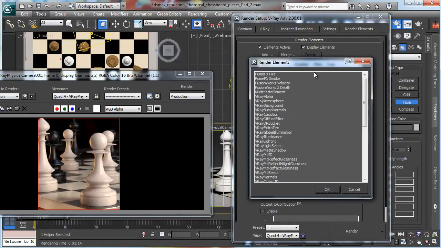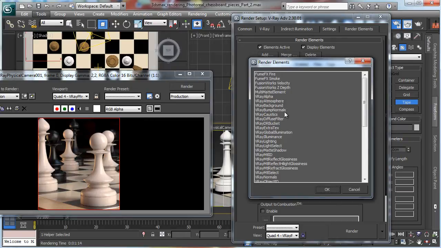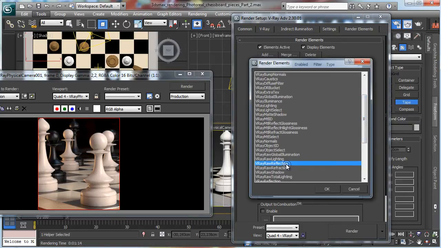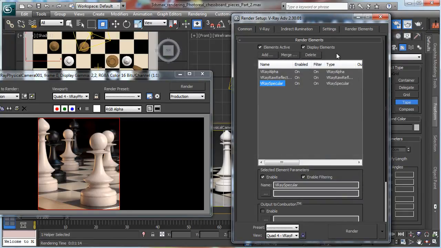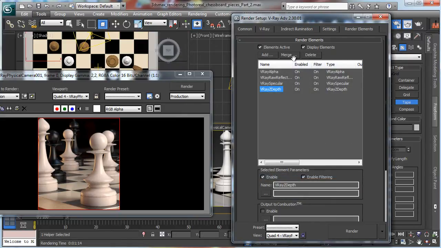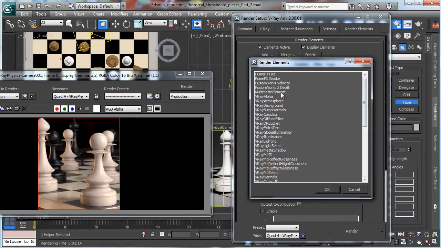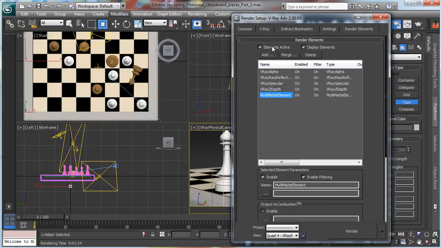So there we need for sure, we can use the V-Ray alpha, and I like to have the reflection. Then actually I don't like to change the shadows, but we can have the V-Ray specularity. We need for sure a depth, and we need the multi-matte element. We can use it. So I like to have a mask